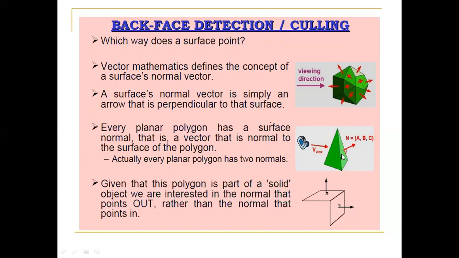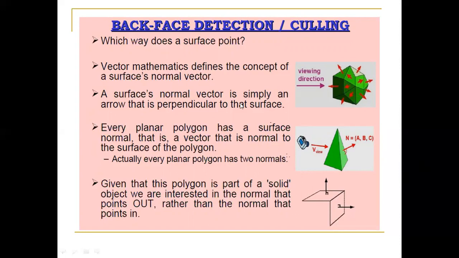The normal vector is nothing but a perpendicular line which comes out of the object, right? Whereas the view vector is nothing but how you are viewing that particular object from your camera position. The object is in the view plane. The vector which comes out of the view plane we call the normal vector, and the vector which hits into the view plane we call the view vector, right?